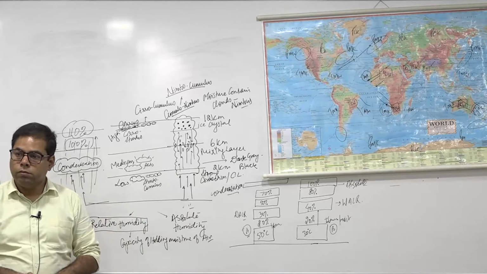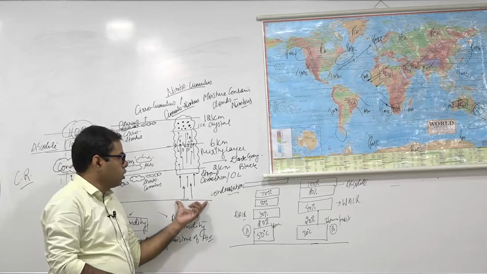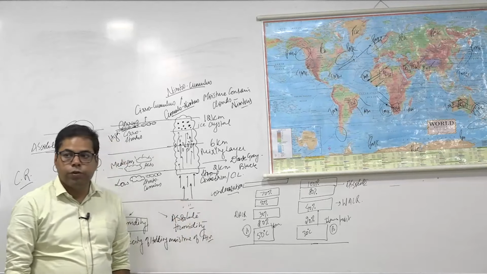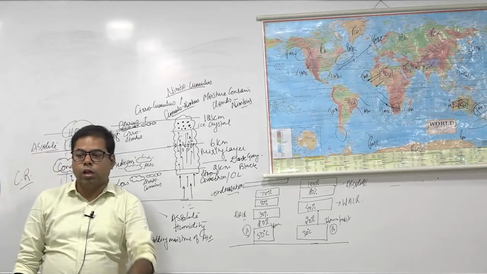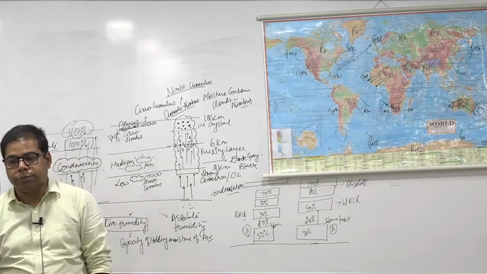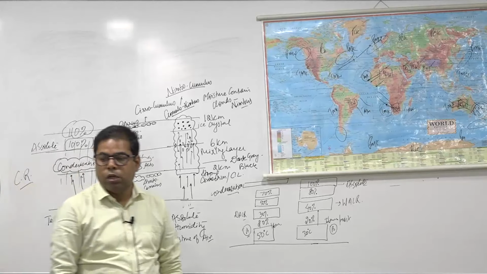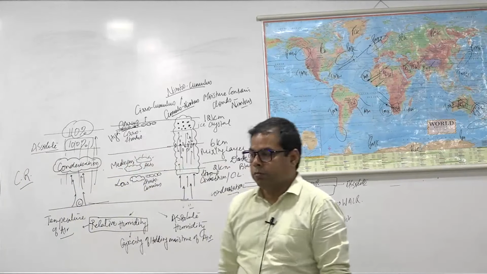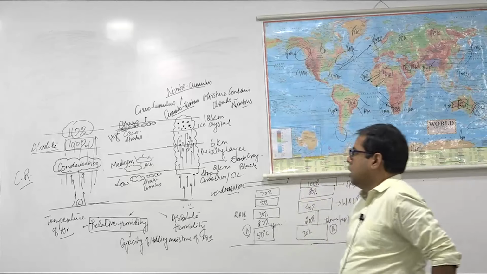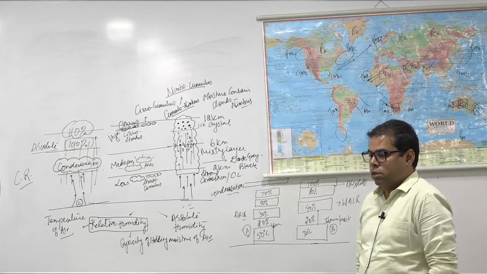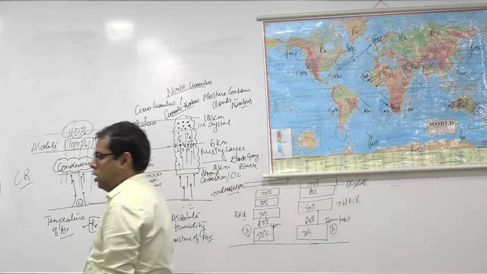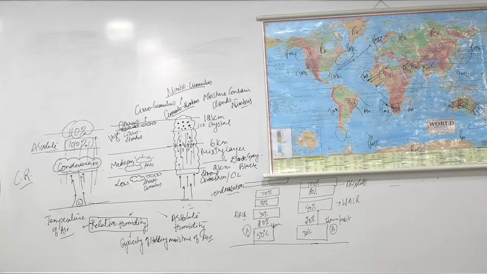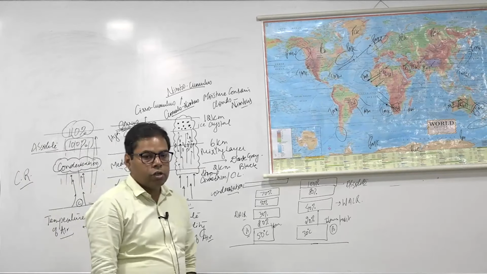stratonimbus cloud, right? Cumulonimbus cloud, there the rainfall occurs in the equatorial region, लिख लो इसको, equatorial region, tropical and subtropical areas. Cumulonimbus cloud, rainfall occurs in the equatorial region, tropical and subtropical areas. Okay, and stratonimbus cloud,